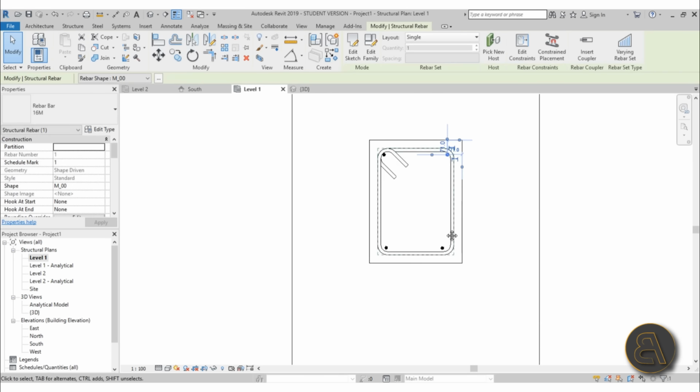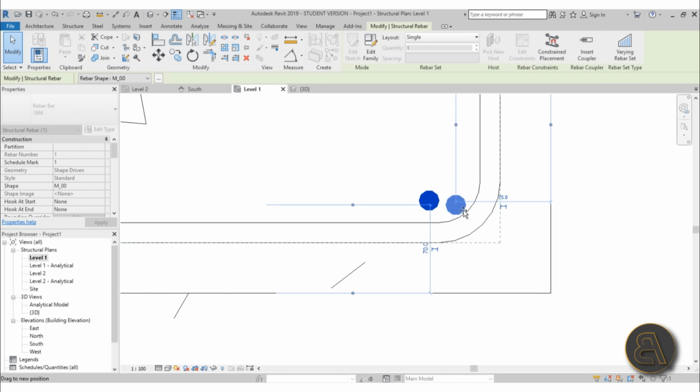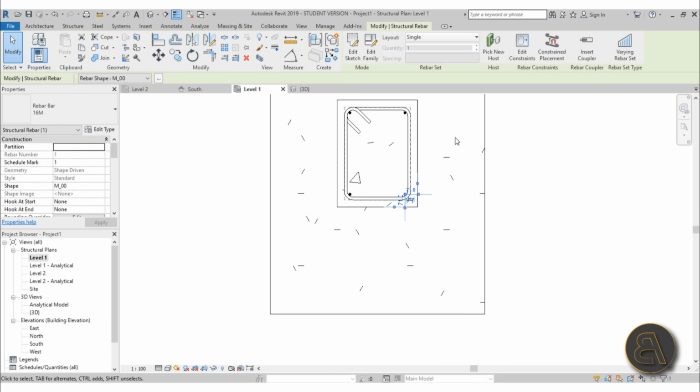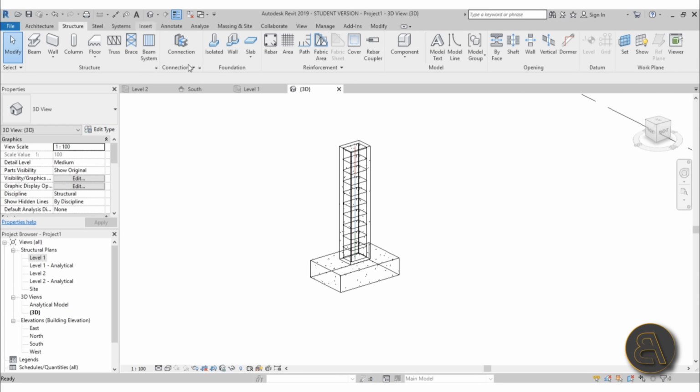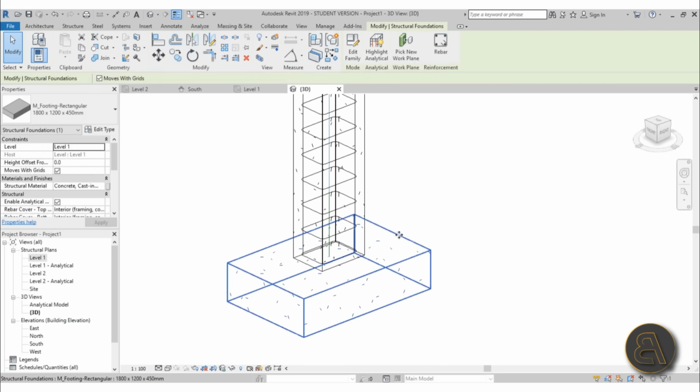This one we're going to place here. This one let's move like that, and this one let's place here. Okay, so we've got these done, and now if we go into 3D, as you can see, that's what we have for the column. Now let's do the